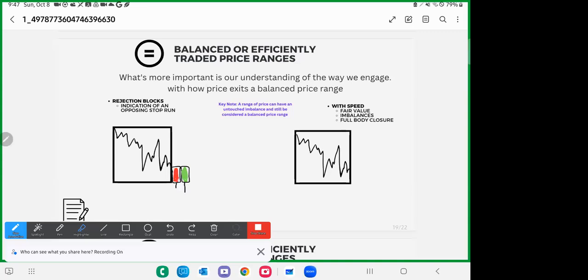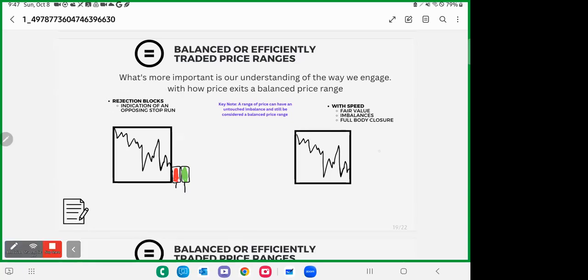Once again, what's more important is our understanding of the way we engage with how price exits a balanced price range. So either rejection blocks will form, indicating an opposing stop run. I'm just going to show you an example of Euro USD. Or we exit the range with speed, leaving behind areas of fair value, imbalances, and body closures. So what that looks like, if we leave this range with speed,